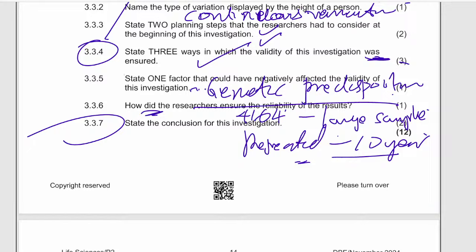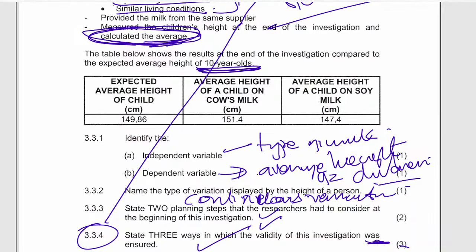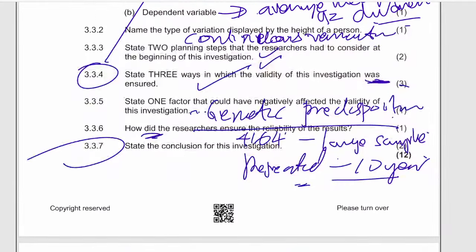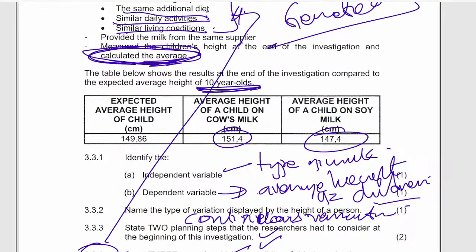Let's go to question 3.7. State the conclusion of this investigation. The conclusion of this investigation, you see it here. Which one was higher? So they said state the conclusion for this investigation, meaning that children who drank milk, cow milk,